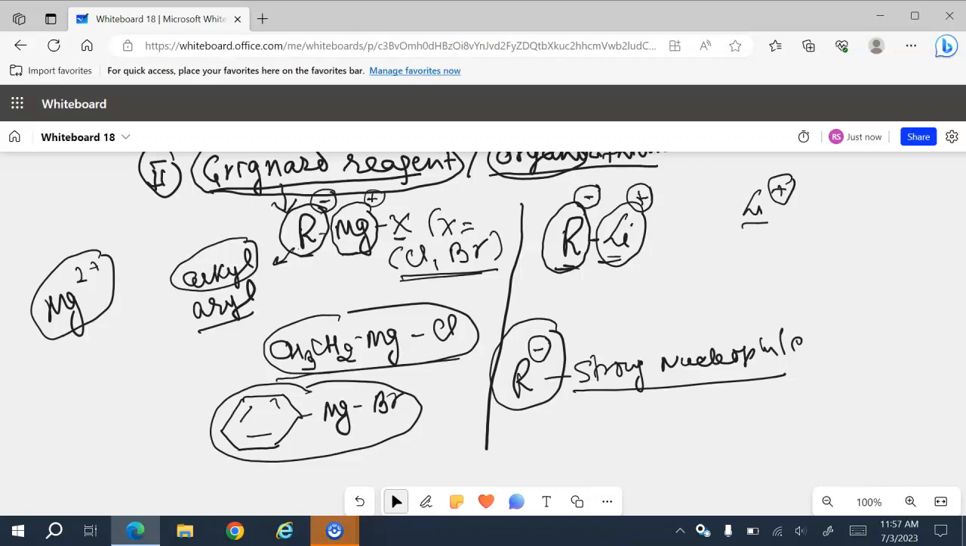Now the question is, first of all, how do we prepare Grignard reagent or the organometallic reagent, organolithium? And the second question will be